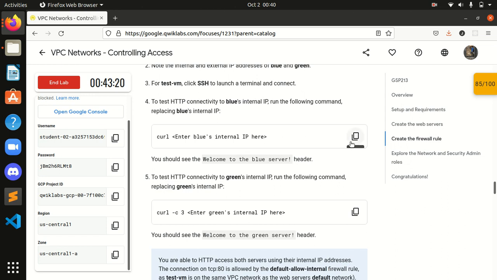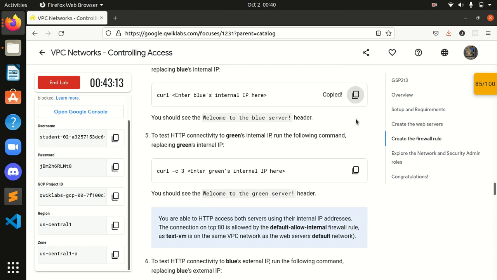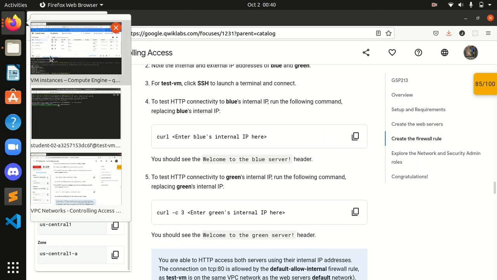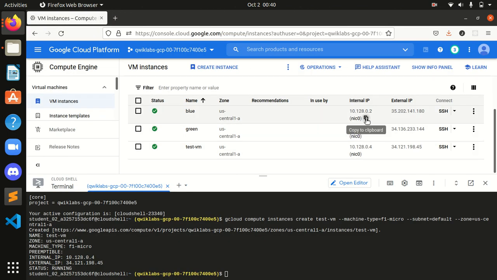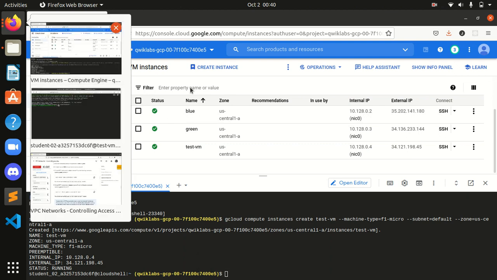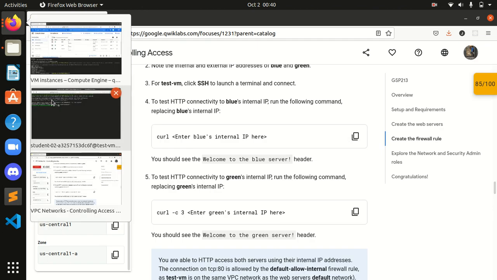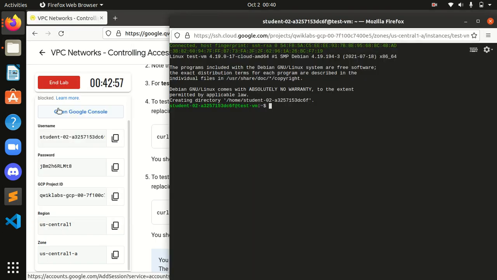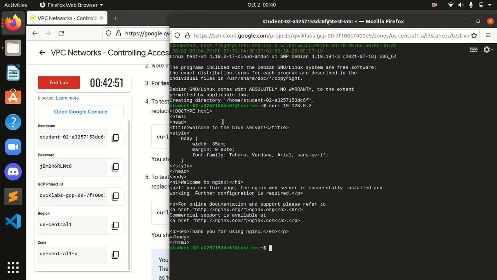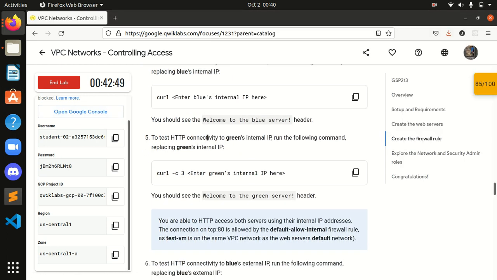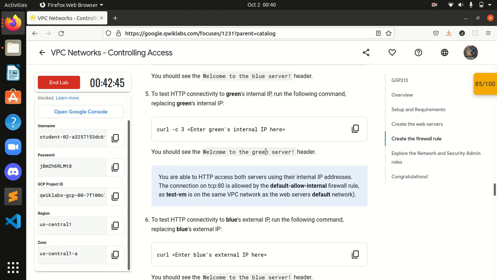I copy the internal IP of blue, type curl, space, paste the internal IP and press enter. As you can see, we are in the blue server.